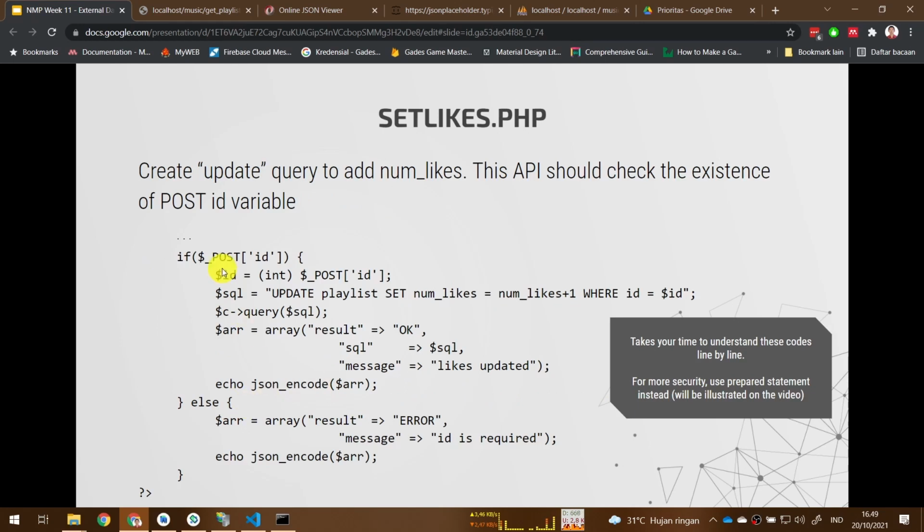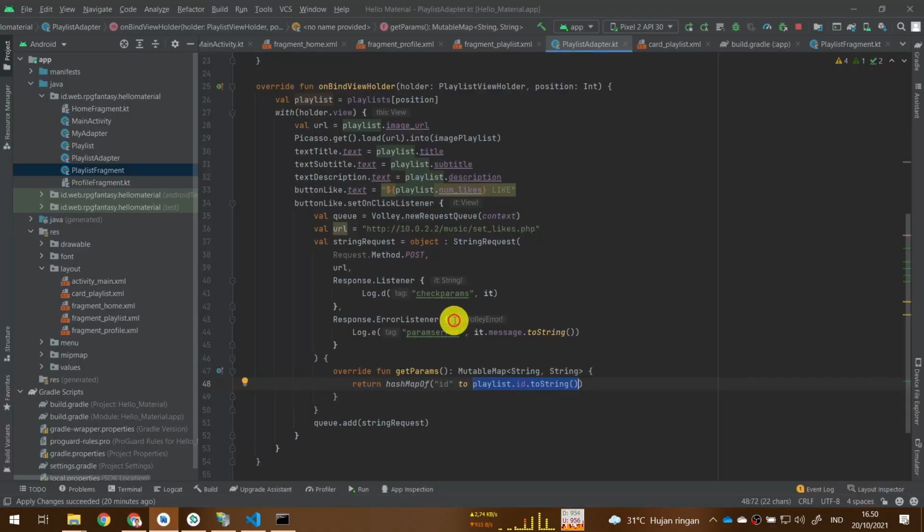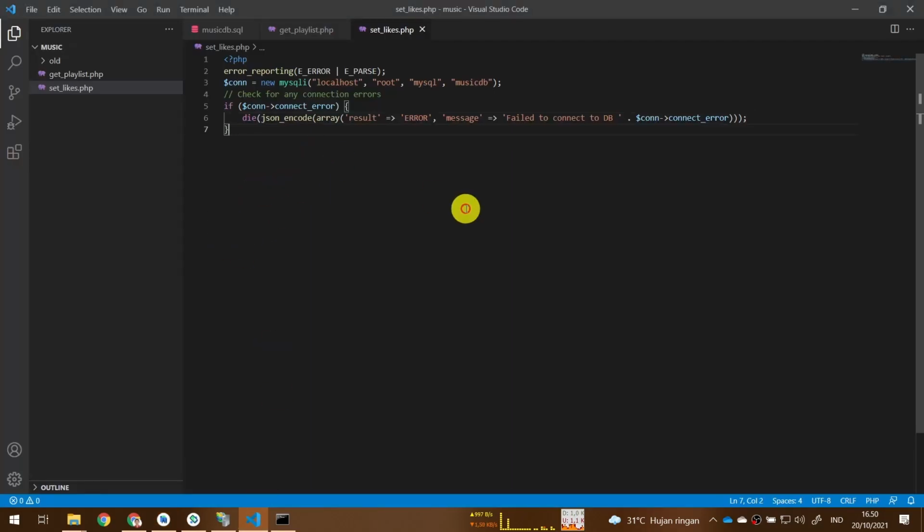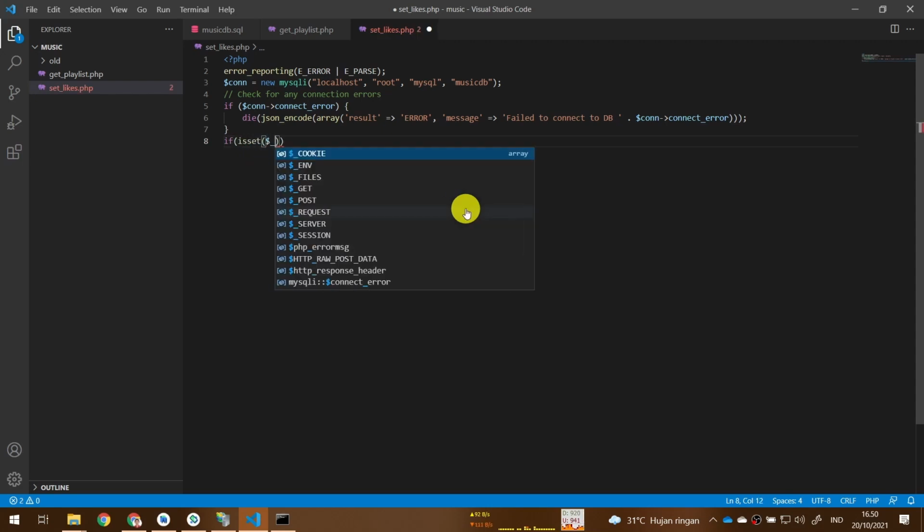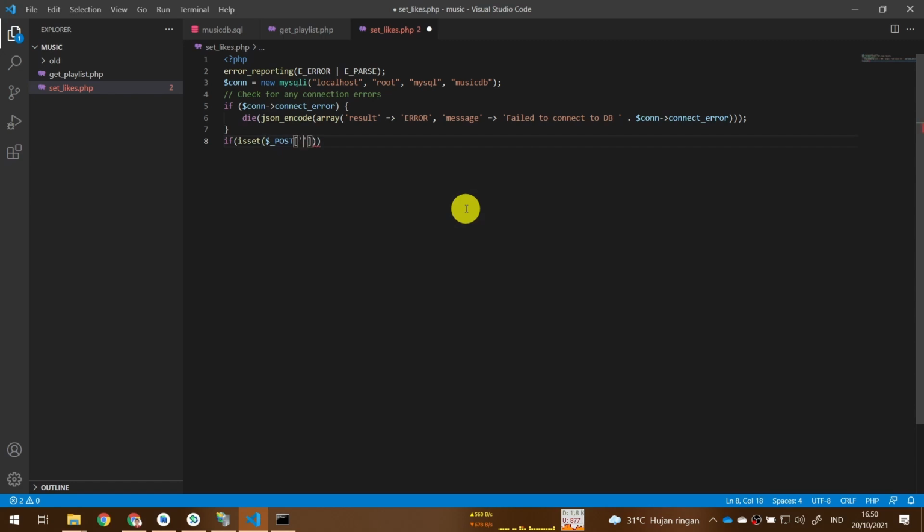Okay, then we will check for the post ID. The post variable ID actually later will correspond to this key in our hash map, so you must match the key names into your post variable. I will check it first, if we set the variable of post by the name of ID,